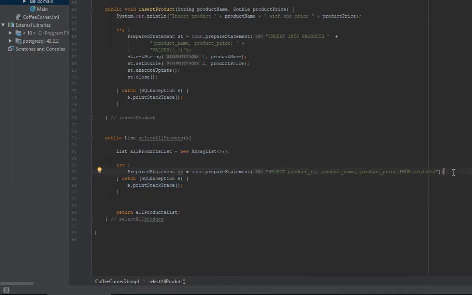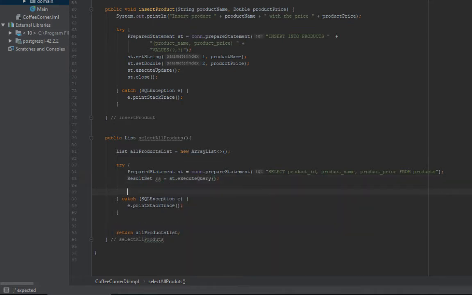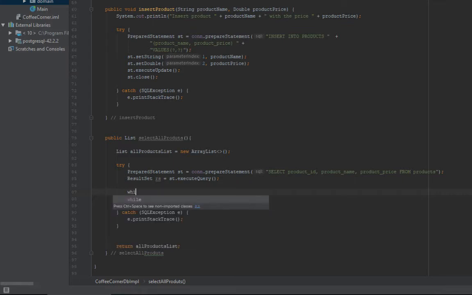Okay, so let's create a ResultSet rs, and it equals st, the prepared statement, execute query. While the result set has next, we will get the data and put it into our list. So while rs dot next,